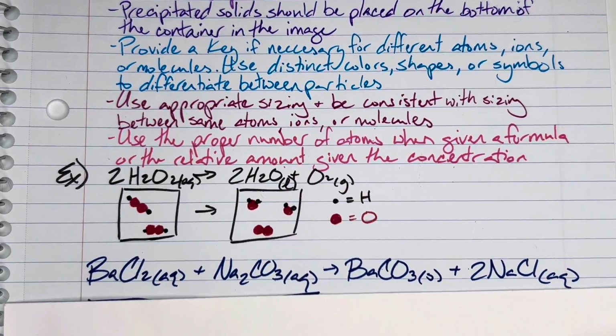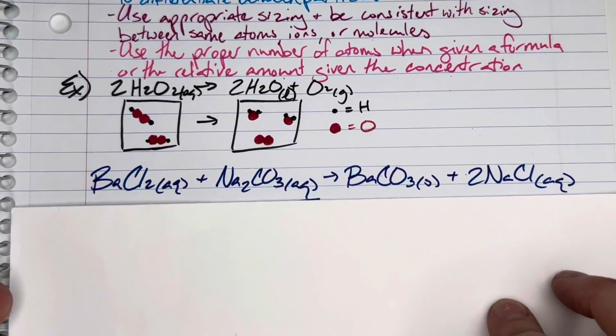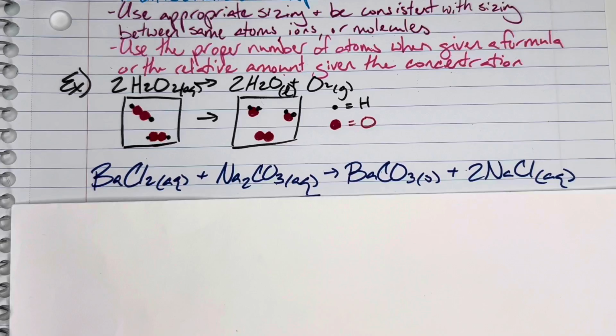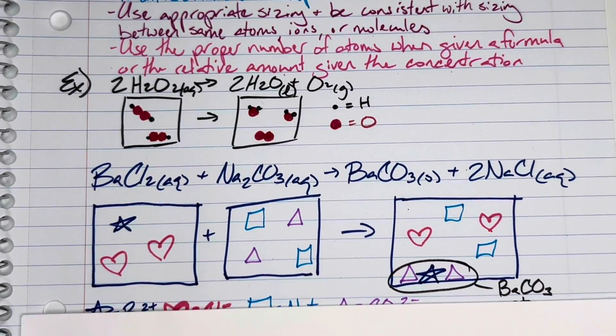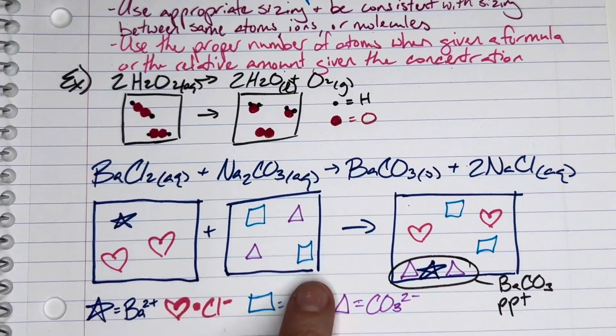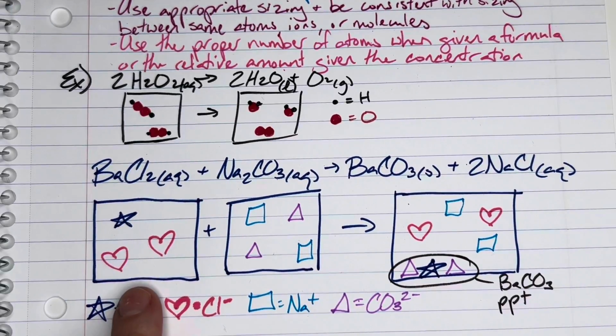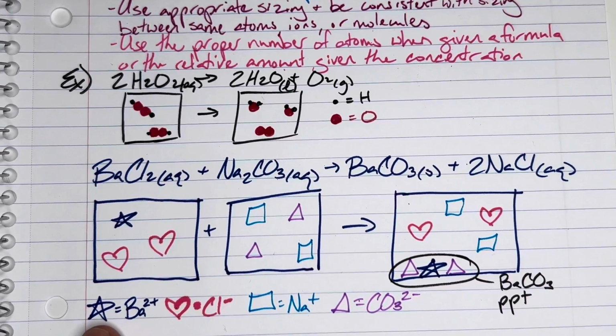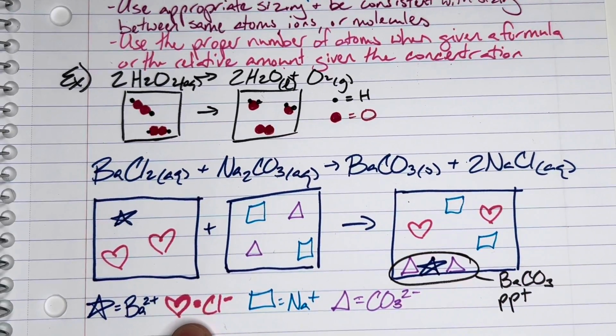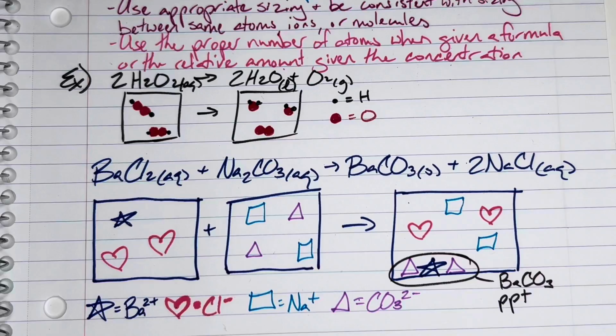If I was to do the same thing for this precipitation reaction, this double replacement reaction between barium chloride and sodium carbonate, producing the precipitate barium carbonate and still aqueous sodium chloride, I would have my initial solutions of barium chloride where they are dissolved and shown as separated out. My barium is my star, my chloride ion is my heart, and my sodium carbonate,